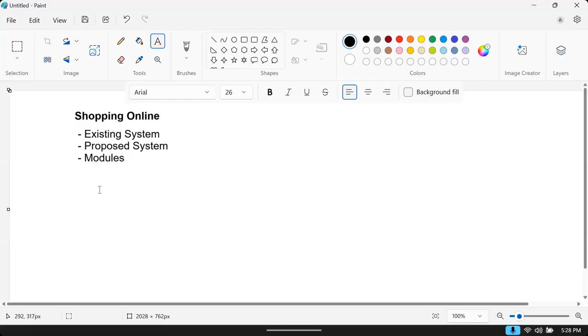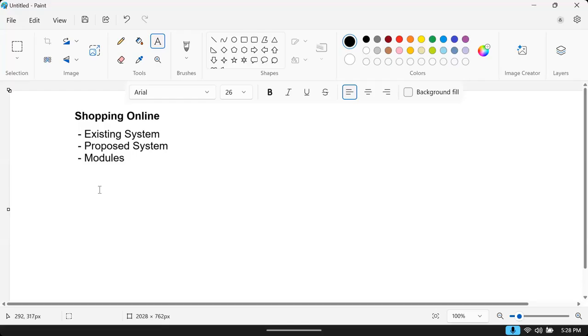Like admin module, purchasing module, finance module, vendors module, materials module. So many modules will be there, and every module has different roles and responsibilities. Whenever we are building an application, we have several modules in that.